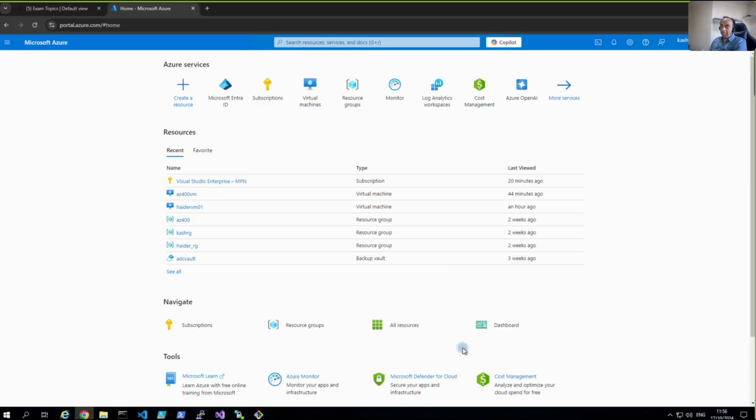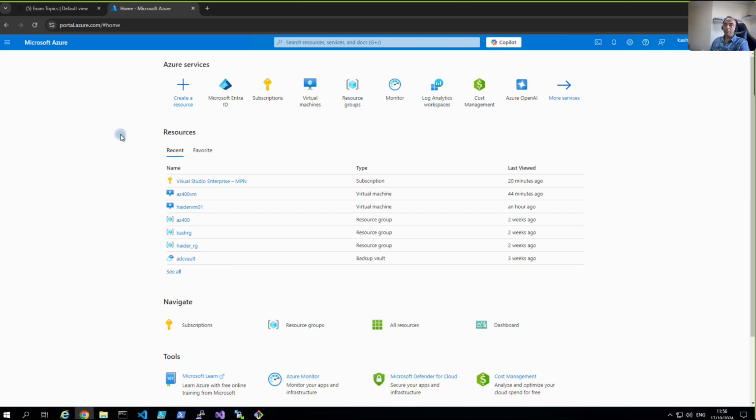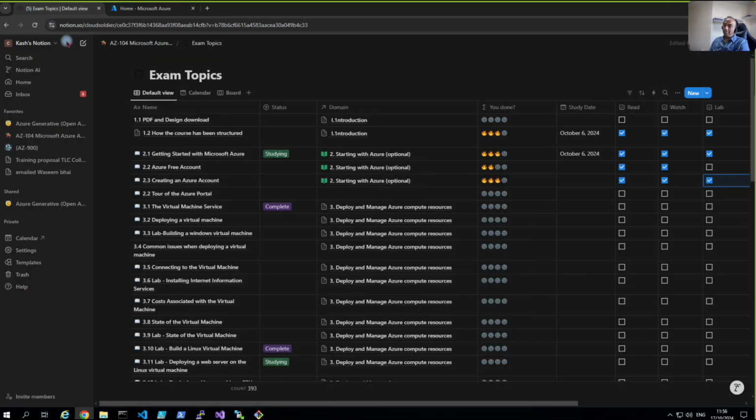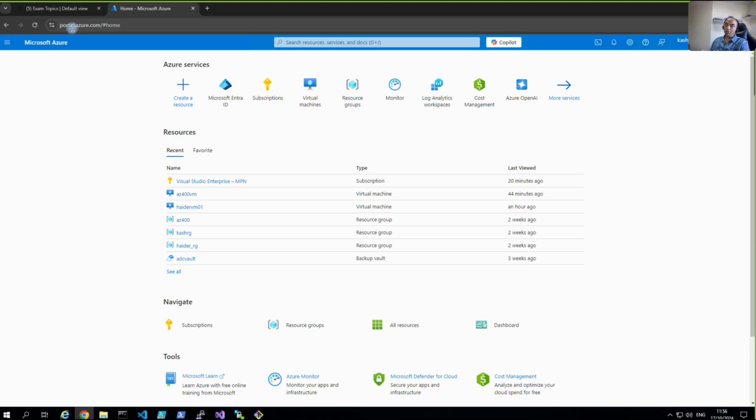So today's topic, remember we did last time about compute resources, deploying and managing Azure compute resources. So what we're going to be doing this time, one of the services we will look into, is creating a virtual machine. And as you know, this is our Azure portal, and to access this portal